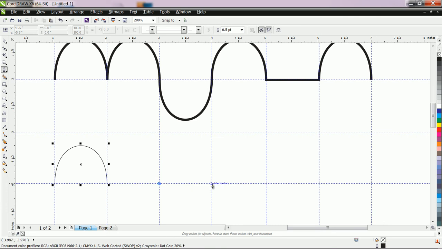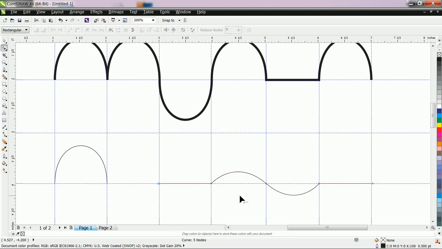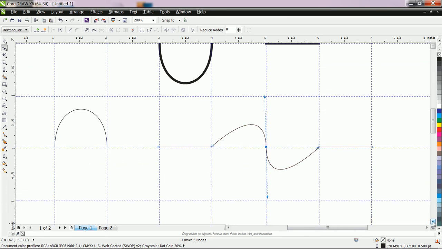This is one line, suppose this is second line, and this second line we want in curve, then drag cursor here. Now I click here. After that I want this straight line, then click here and press escape key. Okay, now with the help of shape tool you can make this line. But what happens here, whenever we want to curve this line, then both sides will change the shape.